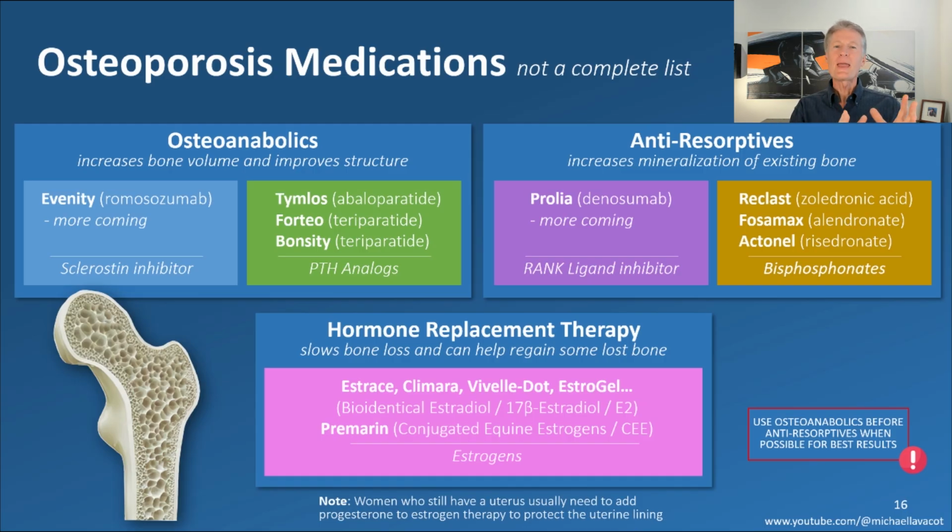Now I'm going to shift over to the anti-resorptives. So the anti-resorptives work differently. They increase the mineralization of existing bone. So again, if we look at our model, the webs really don't get much thicker. The edges don't really get much thicker. You don't really build back that structure. It just kind of makes it harder. And by making it harder, it's harder to break, and therefore you reduce your risk of fracture. Now, there are some downsides to that too. You might have heard of things called atypical femoral fractures, right? The bones become more brittle, more hard, but they also reduce the risk of fracture.